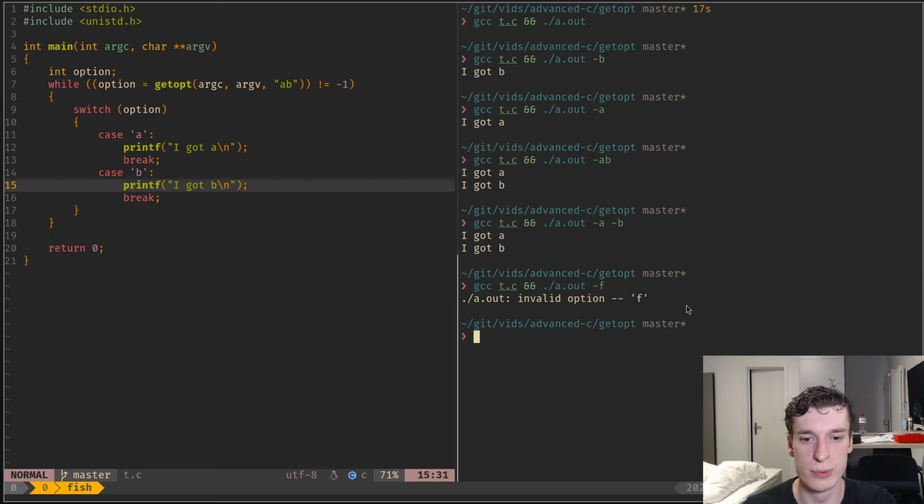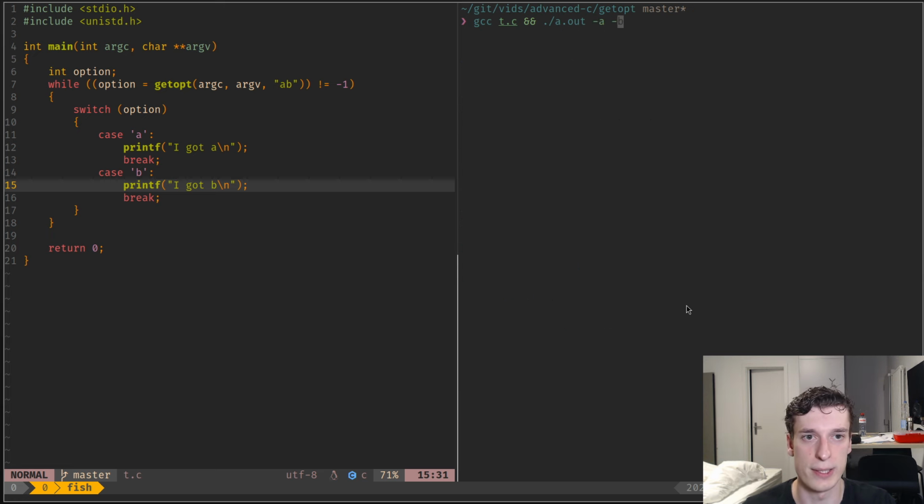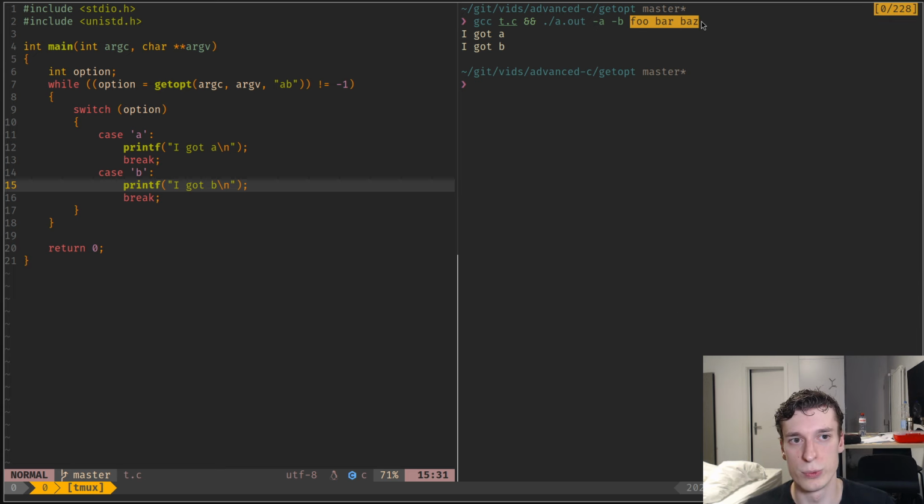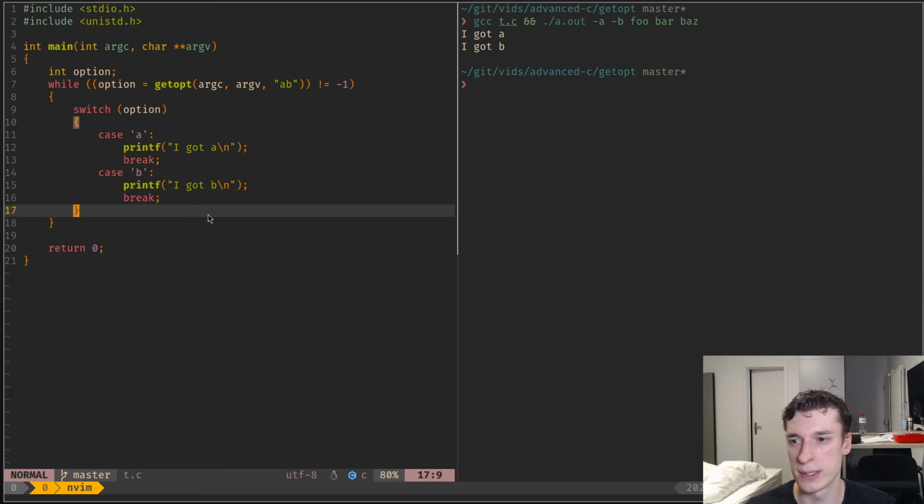Next, of course, you may want to have flags like A or B, but maybe after you still want positional arguments. So for example, you have a command and you have some flags, and then you pass in a series of files, and on all those files you want to do operations, and so that's just regular positional arguments. So let's say foo baz, and you would wonder how do we access those, and there is